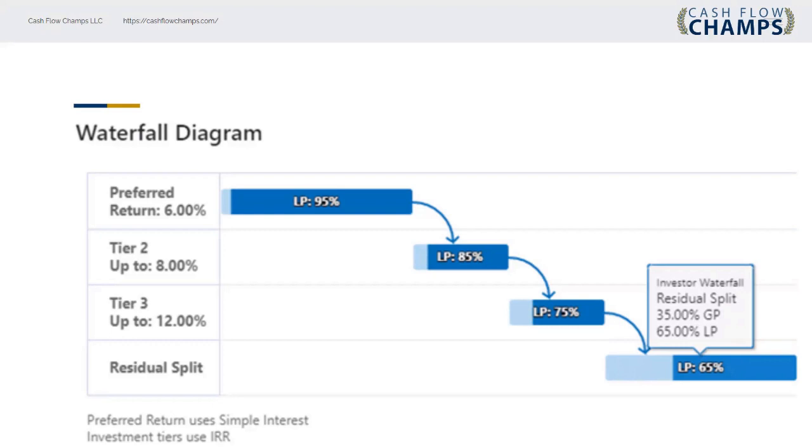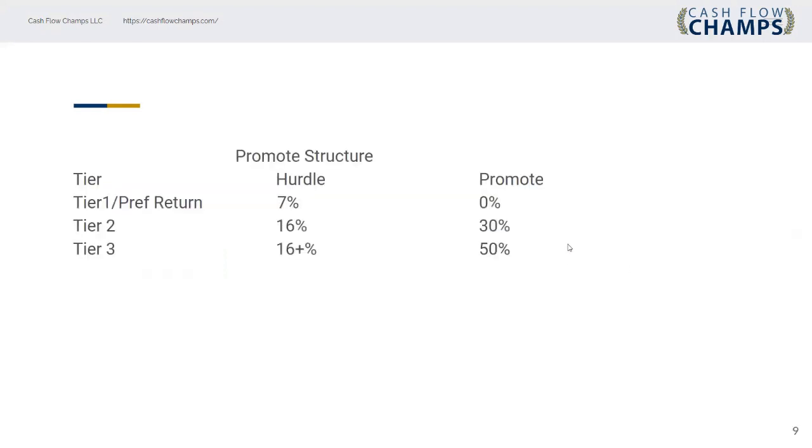You're going to have hurdles in your waterfall as well. This is a threshold that can either be a preferred return or an IRR hurdle, right? The IRR hurdles are preferential, like for institutional quality assets, and the project level cash flow really starts at the top of the waterfall and flows through multiple layers. Let's take a look at an example.